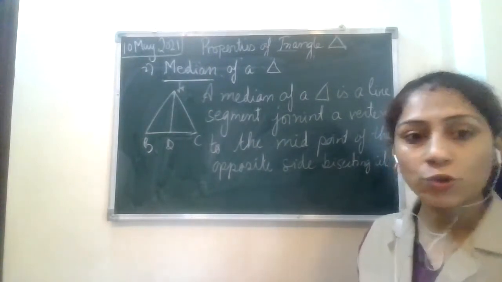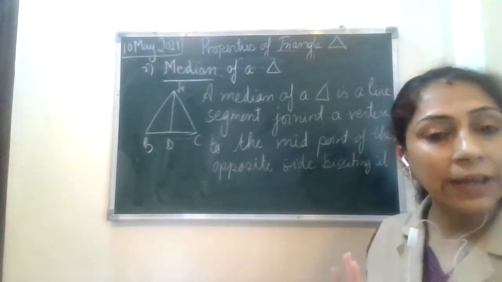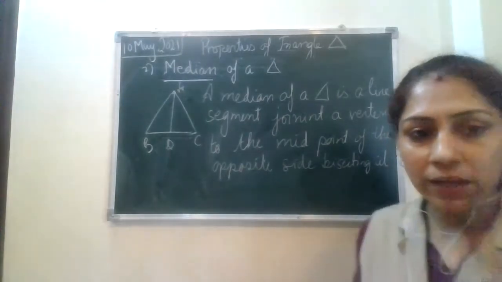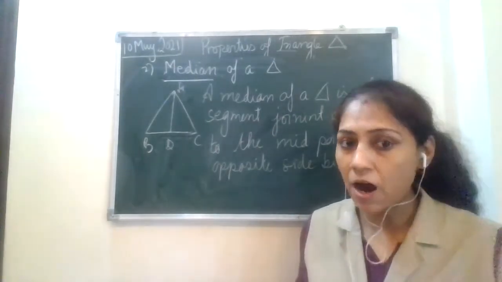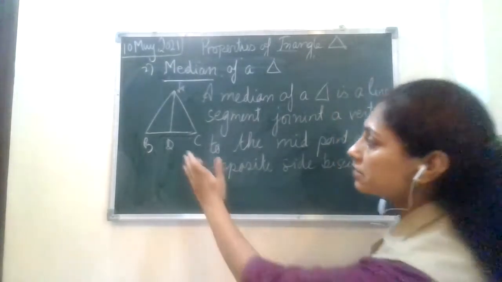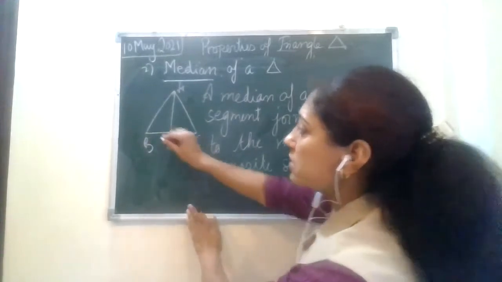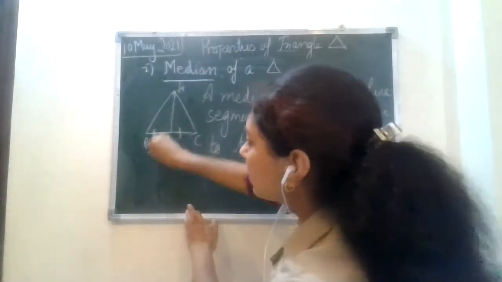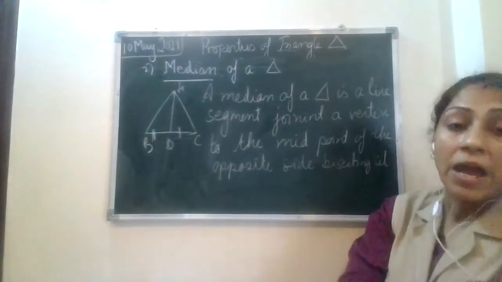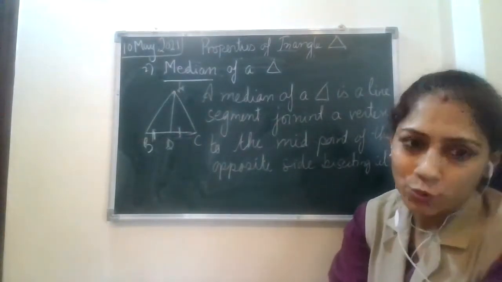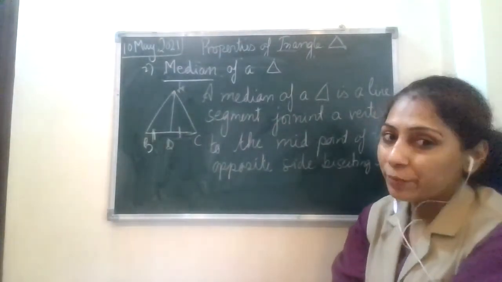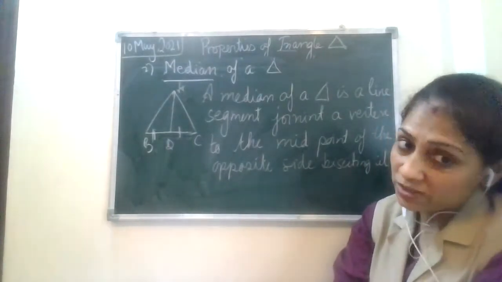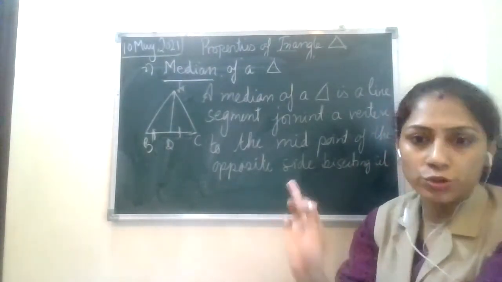I'm teaching you so that it gets carved on your brain that this means BD is equal to DC. I'm marking it like this: BD is equal to DC, and it has a ratio of 1:1. Because both the measurements are equal, the ratio is 1:1. I'm connecting ratios with it also.